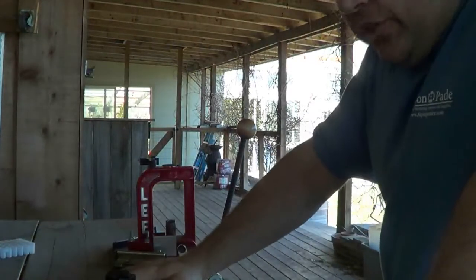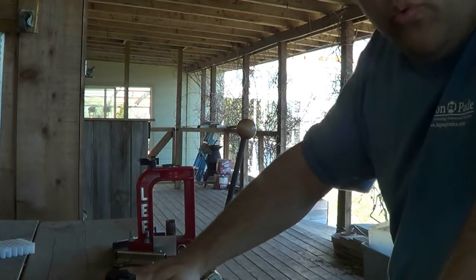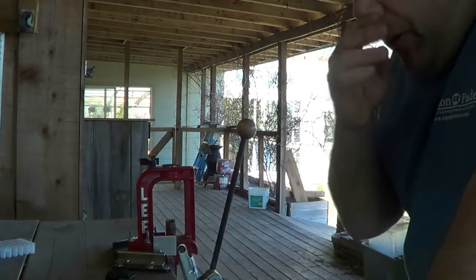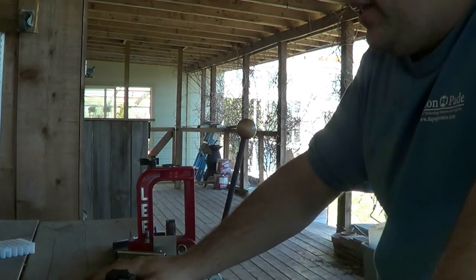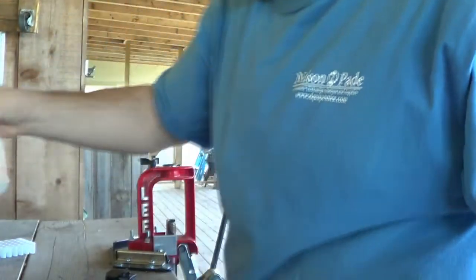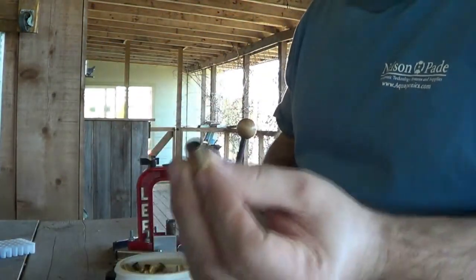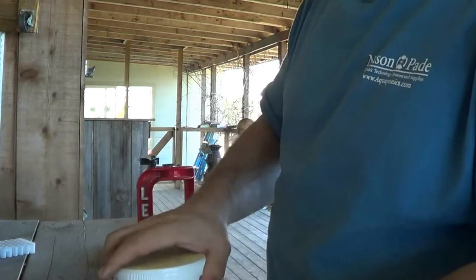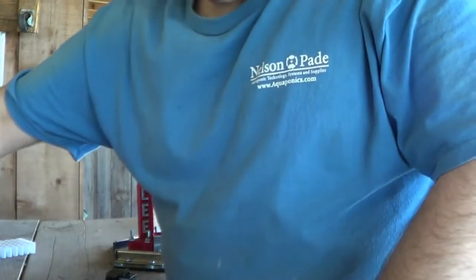Today we're going to finish with the reloading. Sorry it's been so long to finish this series, but we are going to finish our reloading series. This is probably going to be a longer video, so I'm probably going to break it up. The first one you saw how I cleaned my brass and resized it. If you didn't see that, go back and watch the other one I did,